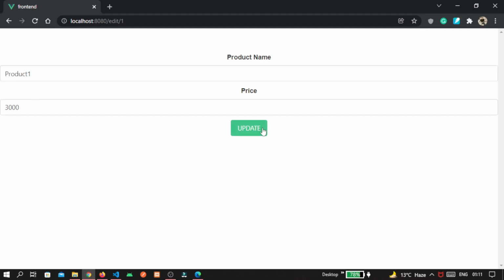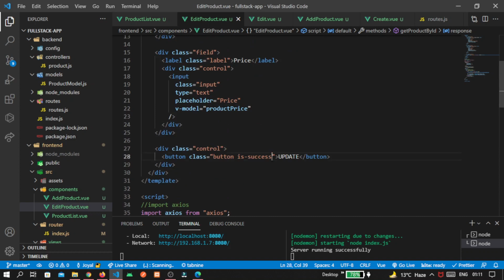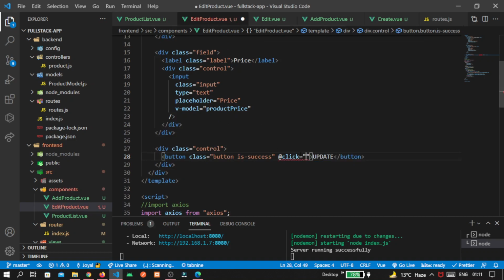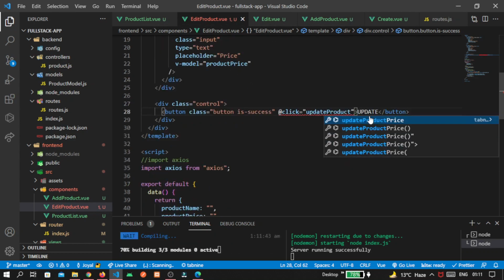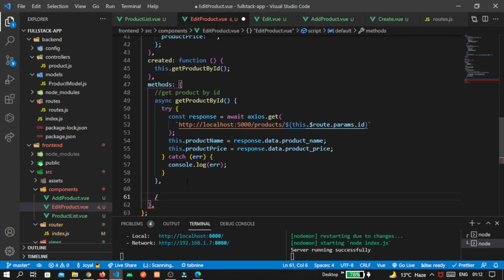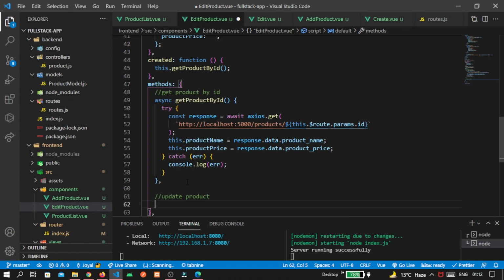Now let's add the functionality on this update button. So here I am adding the on click event. The function name is updateProduct. Let's define that function here. After this, for updateProduct,